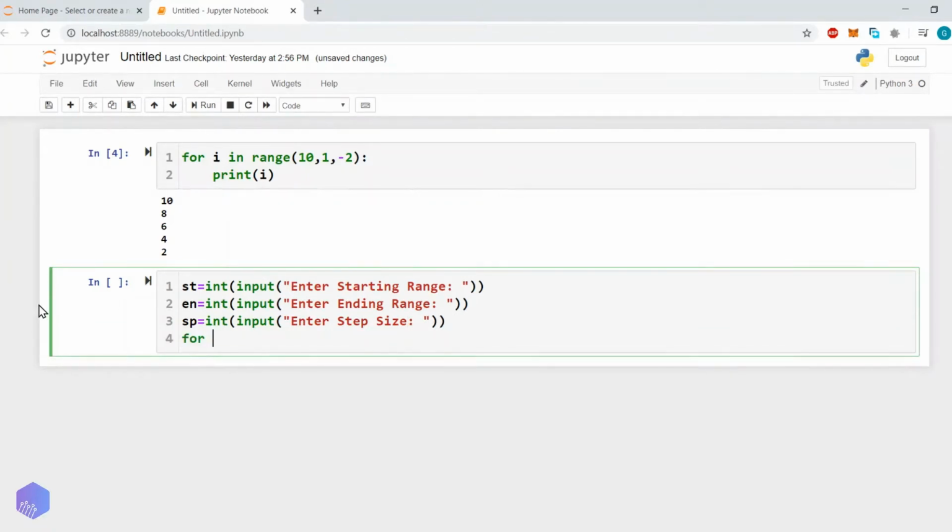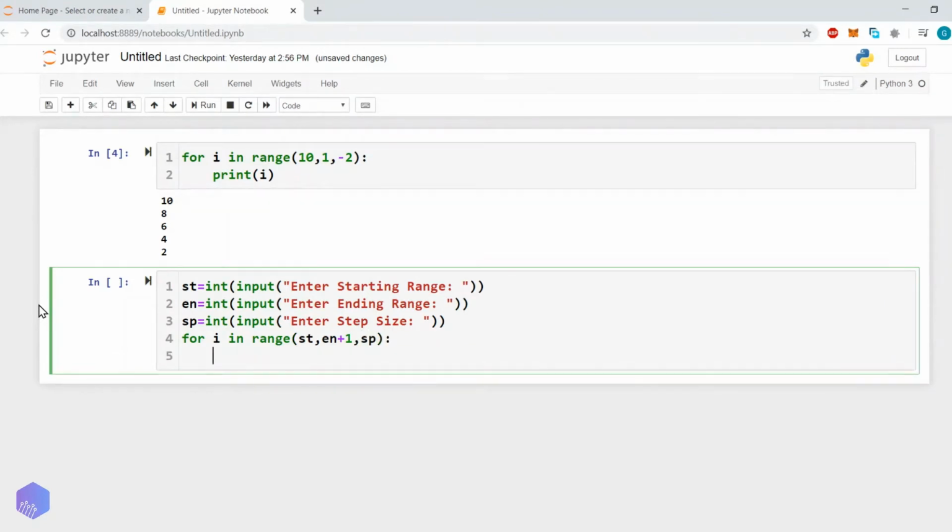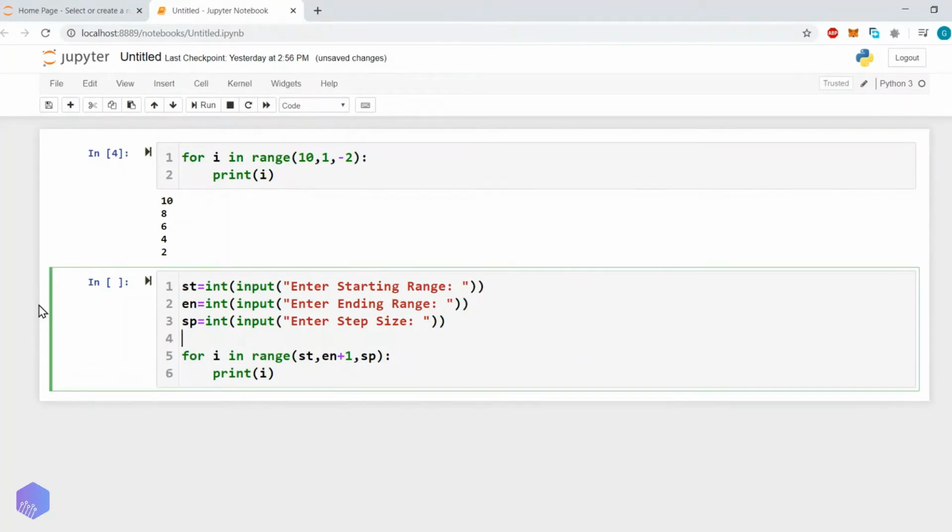So for i in range, we specify start, then end plus 1 if we want to include that value, and then step. And then we simply print the value of i. So let's execute it.